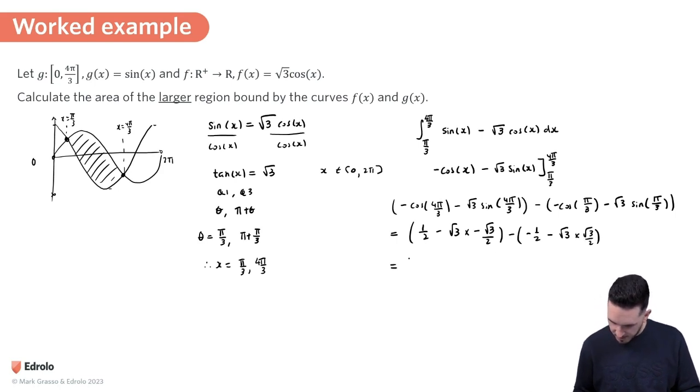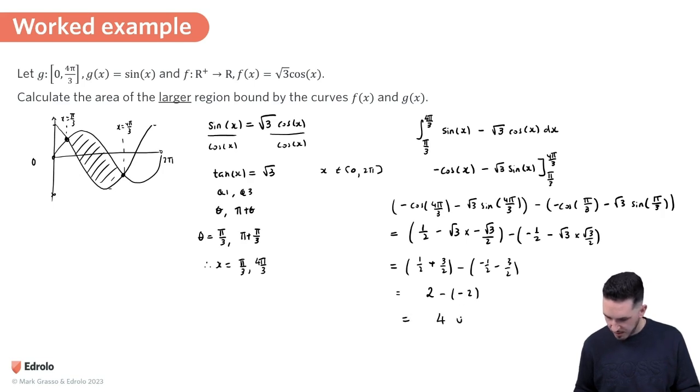So now we're going to be left with a half minus root 3 times negative root 3, so it's actually going to be plus, is just going to be 3 on 2, and then minus negative a half minus 3 on 2 is going to be negative 4 on 2, so negative a half minus 3 on 2, so we're left with a half plus 3 halves are 2 wholes, so 2, then minus negative 2 is equal to 4